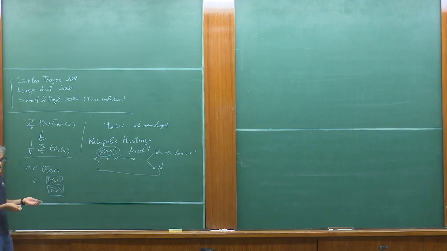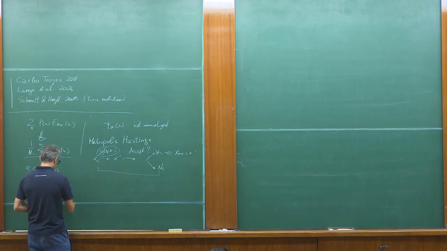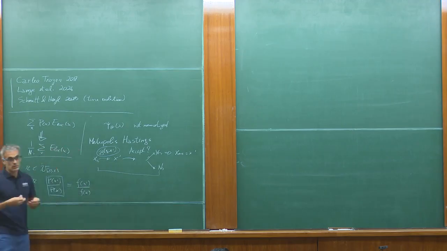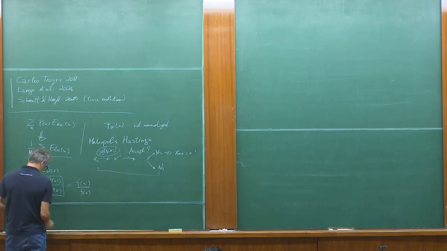You don't have P. What you have is something proportional to P. And since it's proportional to P, let's call it F, the ratio is still the same, right? So the fact that we don't know the normalization doesn't matter, because we're just looking at ratios. Okay? So you compare this R with this ratio, which you can get from the neural network,